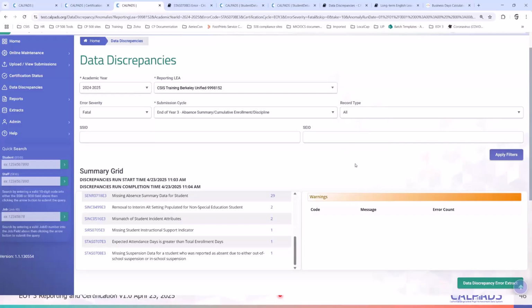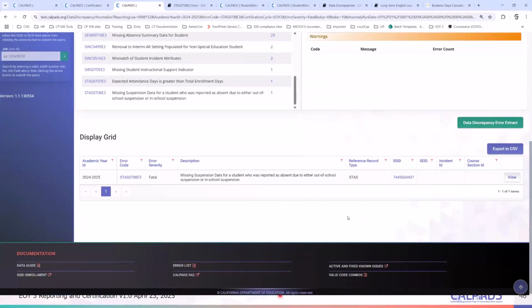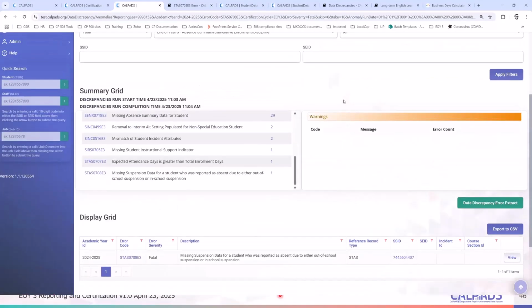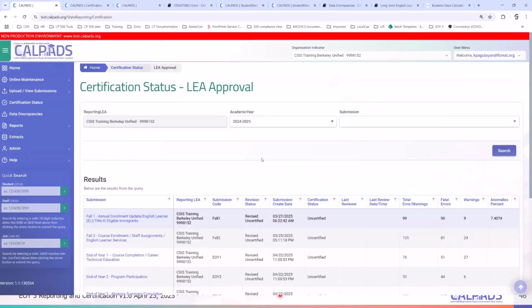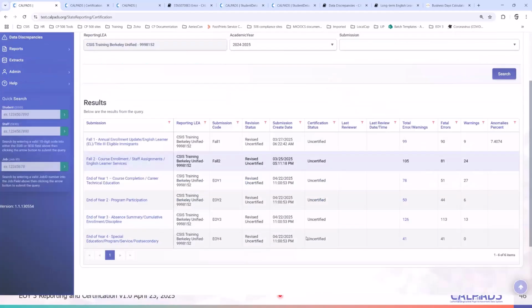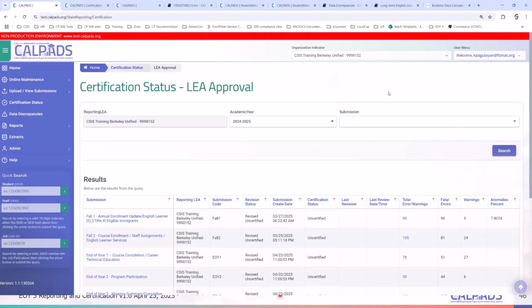If for some reason you couldn't figure it out, you can always send in a service ticket to CalPADS, and we would hopefully be able to provide you the answers. Or if it's an internal question that involves an SIS, make sure that you are subscribed to the listserv, and you could probably ask your question on the listserv. Okay. So once you've resolved those issues, of course, you're ready to review the reports, and that's my time to pass on the mic to Nate for the report descriptions and other explanations on reviewing reports.